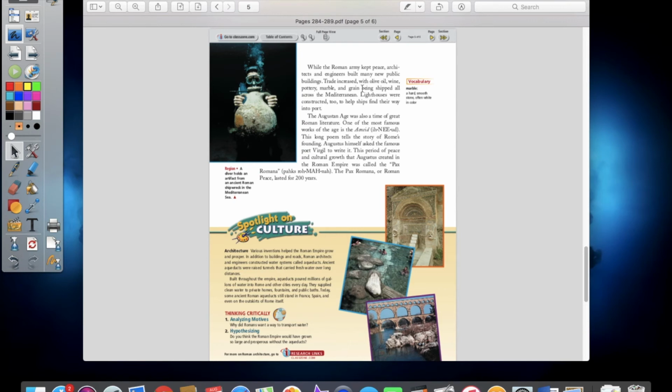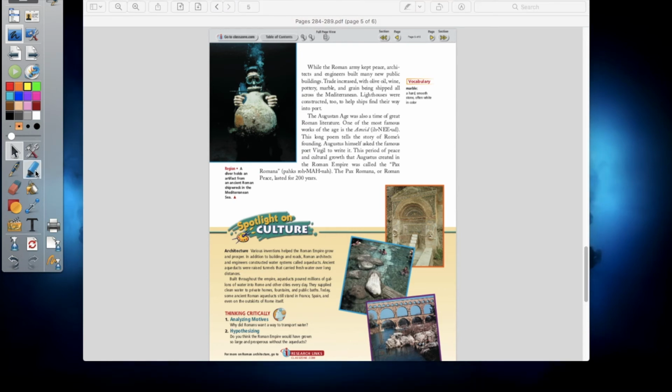And because of this, with the Augustan Age, we start seeing a lot of development taking place. We see a lot of trade taking place, as well as a lot of pottery being made. We start seeing the development of literature and poetry. We start seeing a lot of artistic work coming about during this time period. This period was known as the Pax Romana, in Latin, which basically means Roman peace, where because Rome was no longer fighting anybody and had completely dominated the region for the next 200 years, we start seeing a lot of development taking place within Rome.